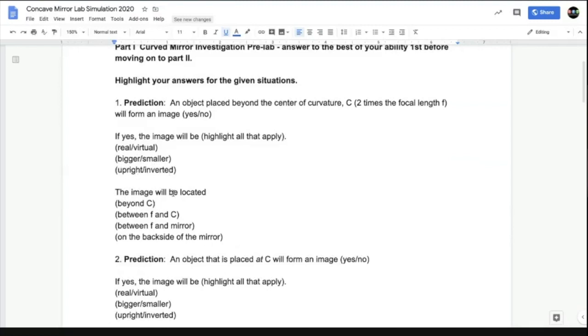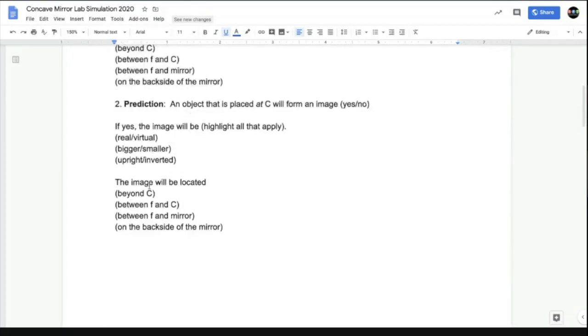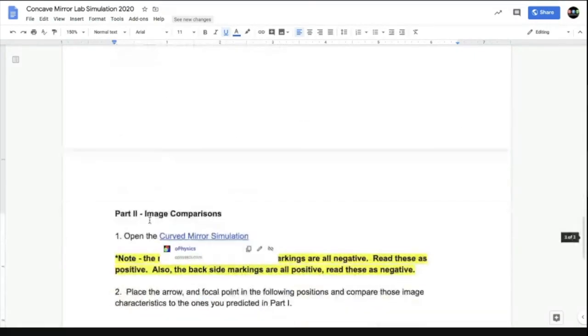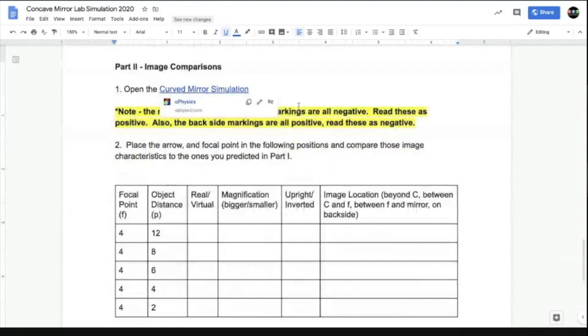And then it asks about the image location. Will it be beyond the center of curvature? Will it be between F and C? Will it be between F and the mirror? And will it be on the backside of the mirror as a virtual image? Just highlight the answer in each of those pairs that you think is correct. There are four more situations,